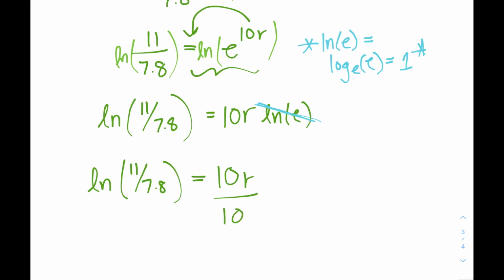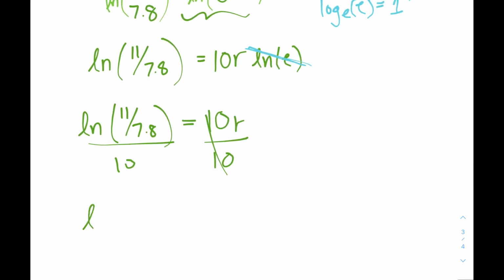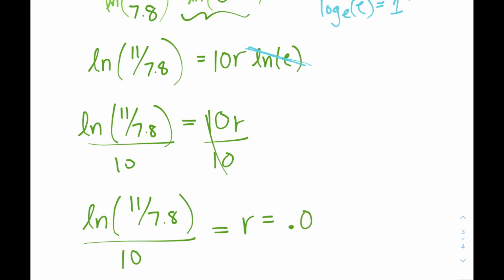We will divide both sides by 10 to isolate it, and then this is just something we type into our calculator. So we grab our calculator and we type natural log of 11 divided by 7.8 divided by 10, and that gives us the rate, which is